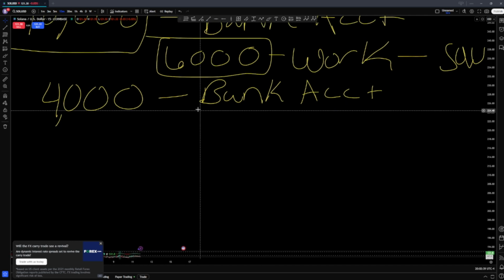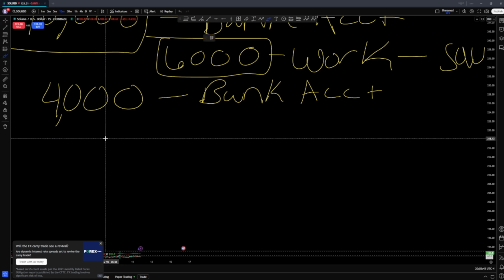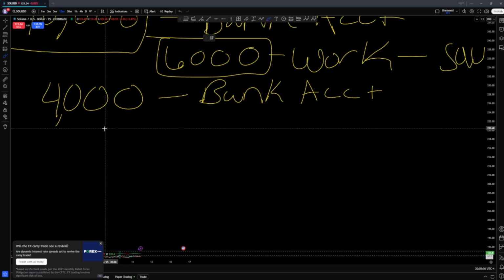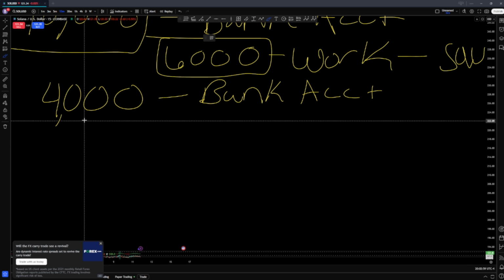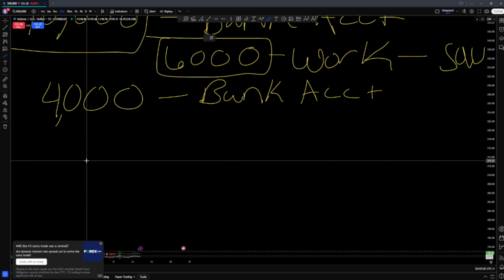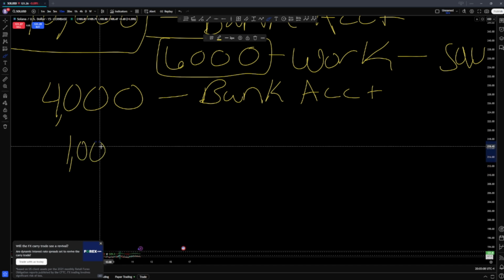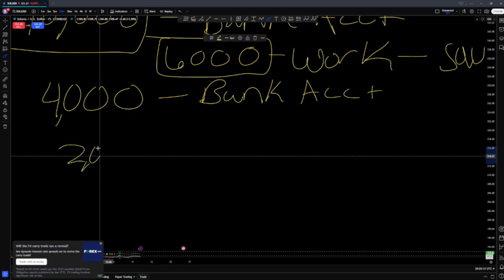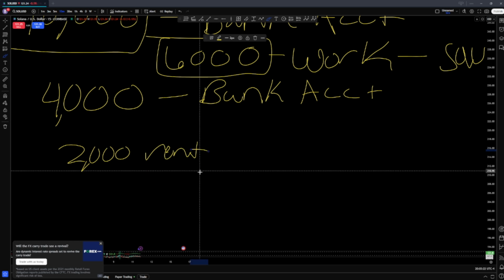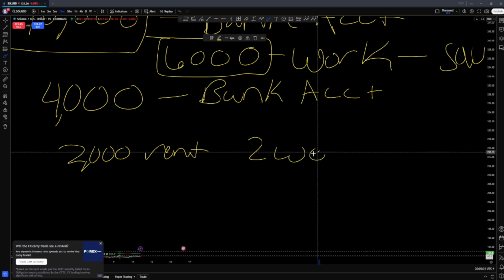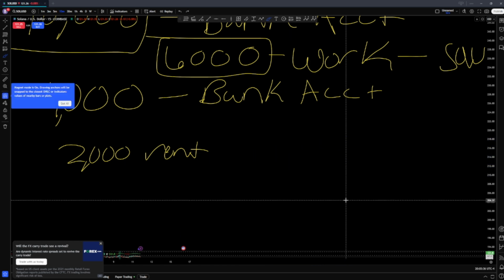Now, understand, let me clear this up before I go, because I don't want to forget. I'm not literally saying, hold on, wait. The reason why I do not think you need $4,000 is because you're not spending your expenses in one go. It's throughout the month. Yes, you might pay 2,000 in rent, but that's your biggest expense. Everything else is throughout the month. And you're getting paid more than likely every 2 weeks, so you don't need all that money.